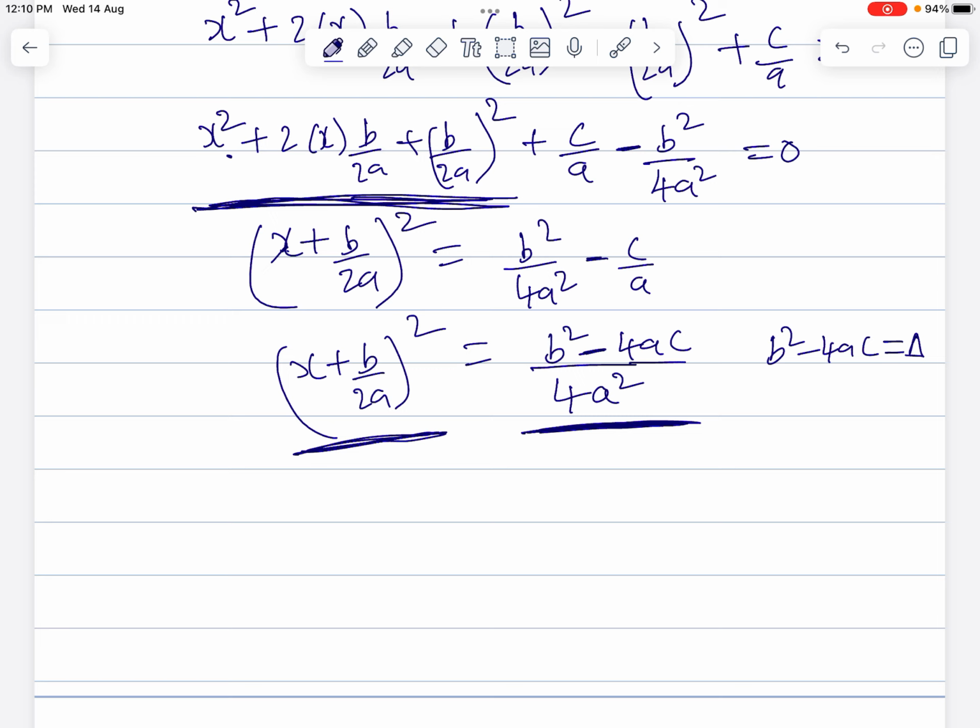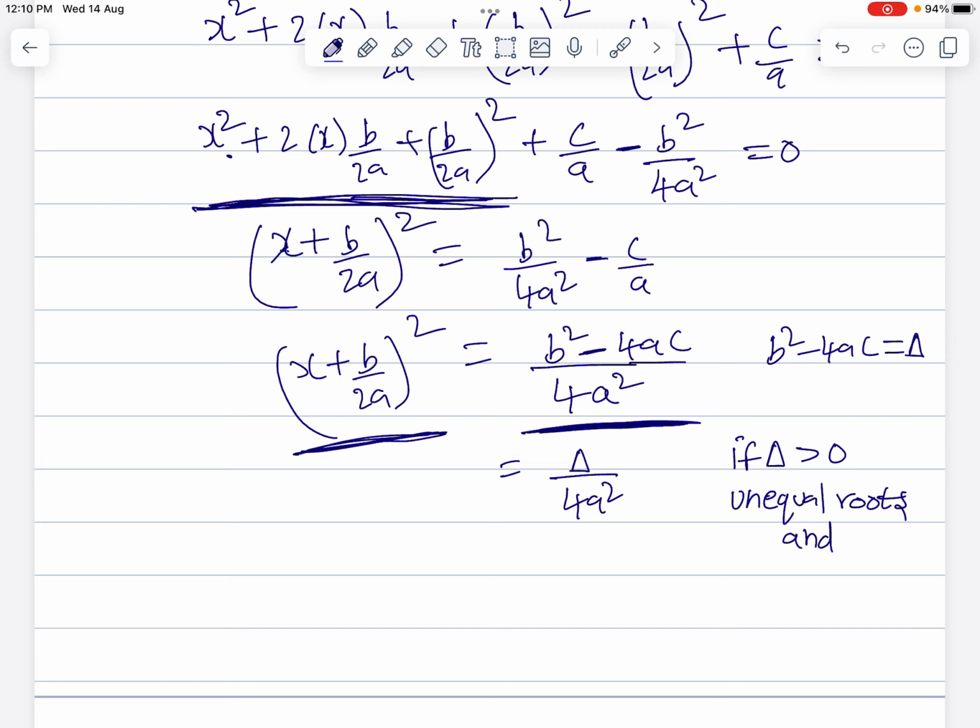So when we call b square minus 4ac as delta, we will just have delta by 4a square. Anyway, the denominator is already going to be positive. If delta is greater than 0, we will have unequal roots,